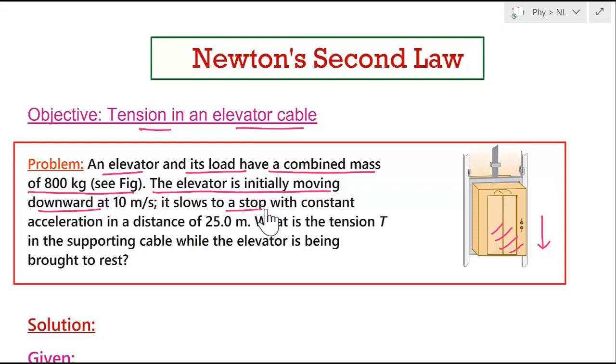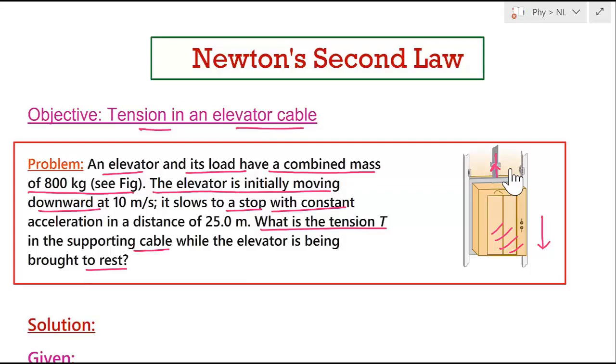It slows to a stop with constant acceleration in a distance of 25 meter. So this elevator comes to rest, and before coming to rest it covers a distance of 25 meter. This means to bring this elevator to rest, this cable has to apply some force in terms of tension. So the question says, what is the tension T in the supporting cable while the elevator is being brought to rest? So we have to find what is the tension in this elevator that is applied before this elevator